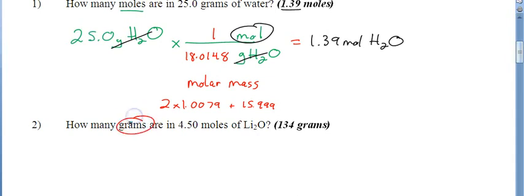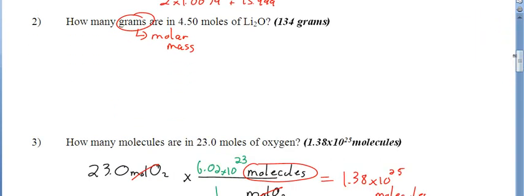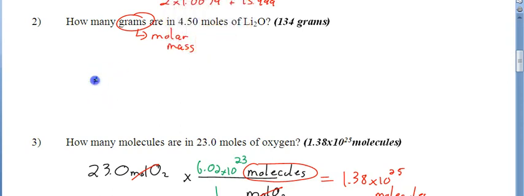Mass or grams. Whenever that's mentioned, you're going to need the molar mass. So it's going to look like number 1. We're going to do a similar conversion to this. But again, number 1 is asking for how many moles. This one is a bit different. This one is saying how many grams. So I can't just copy and paste numbers or steps, but I can copy and paste the logic behind it. We will write down the first number,